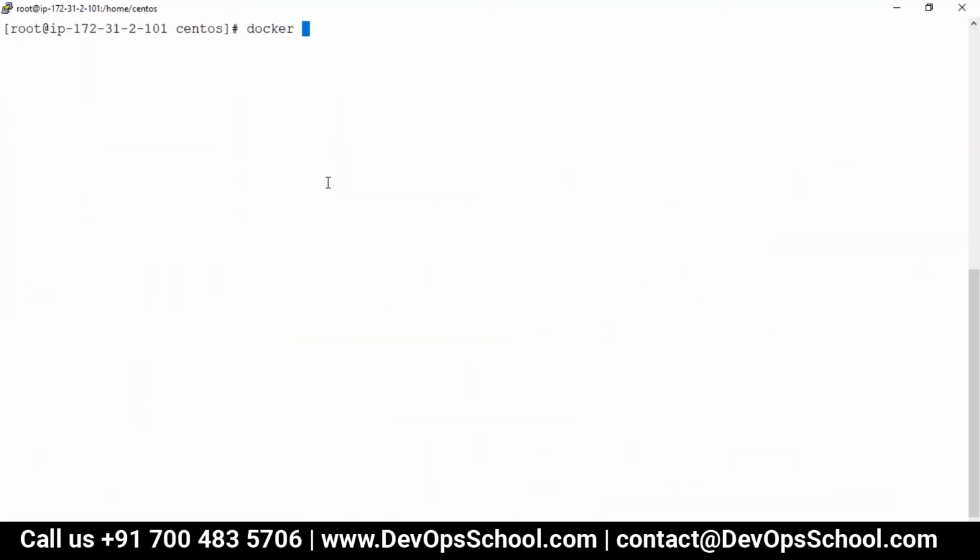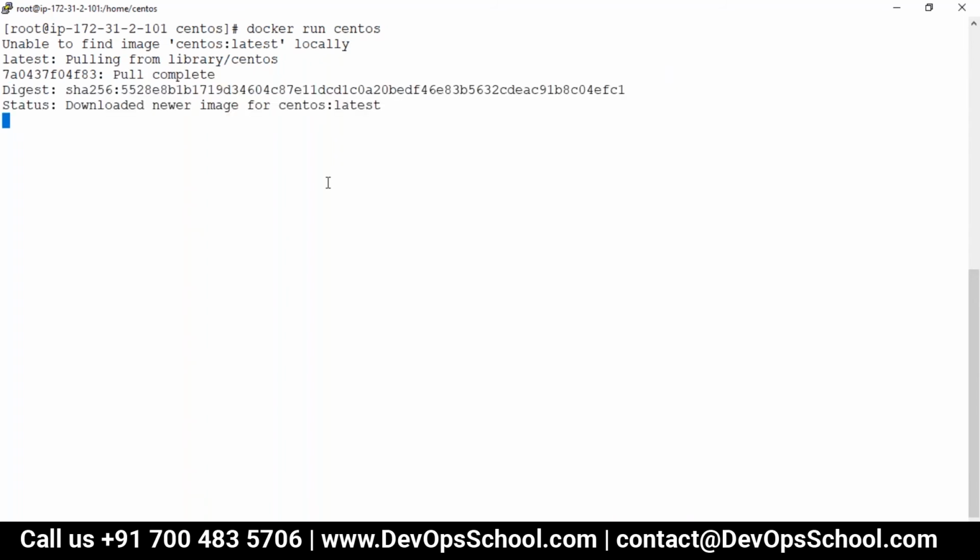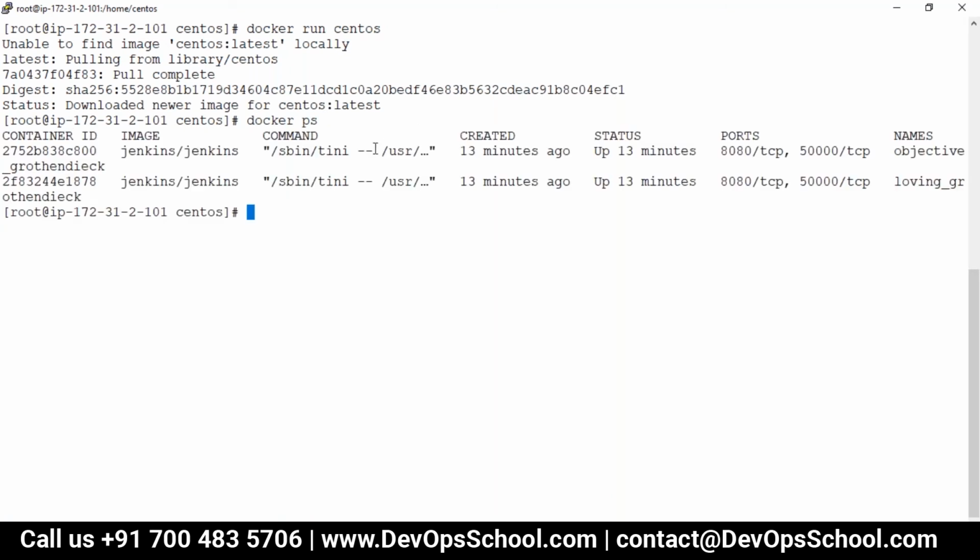Let me show you in front of you. Docker run CentOS. It will exit. I'm damn sure about it because CentOS has a base file system, root file system, and /bin/bash. So see here, it got exited.